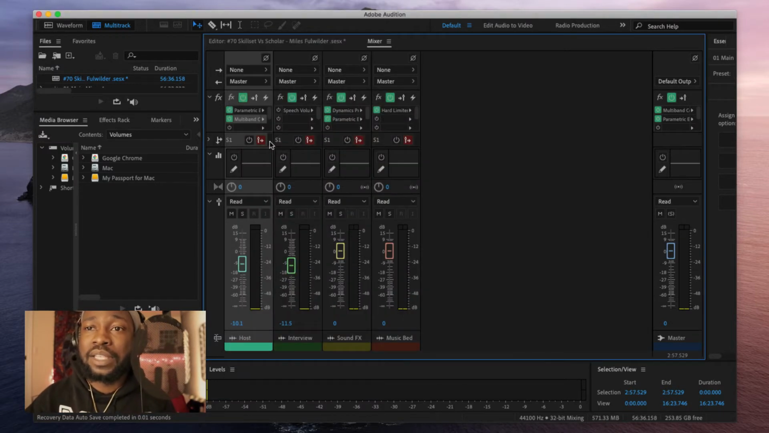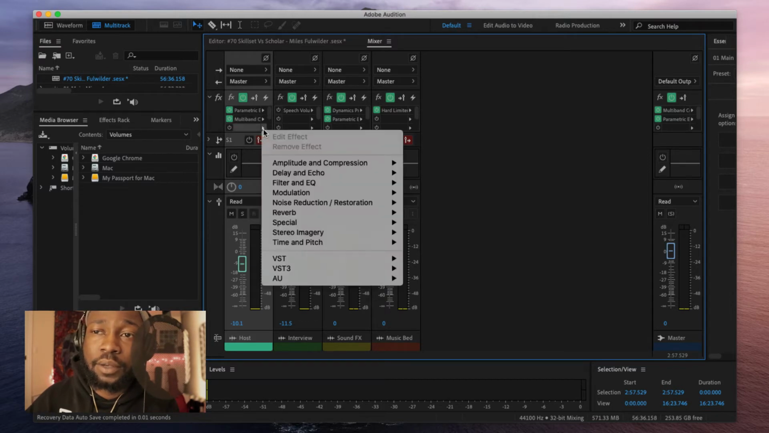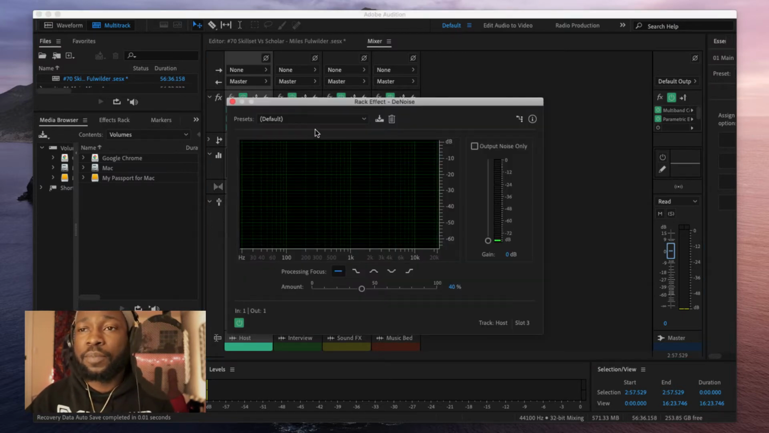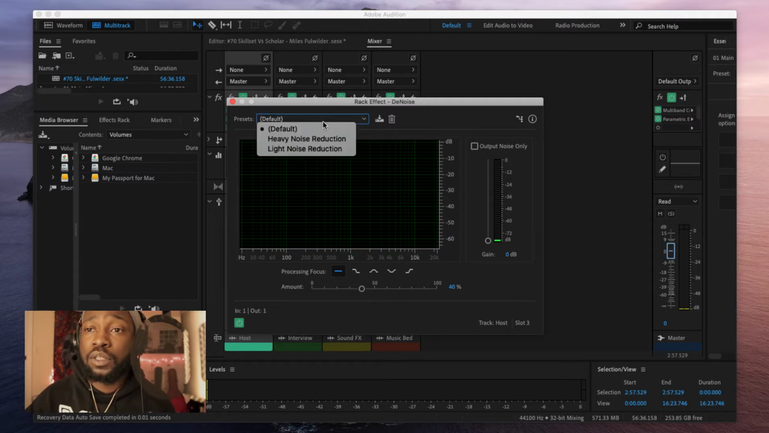All right, the next thing that I like to do is I like to put denoise on everything. Not everything, but definitely on podcasts, because I want it to be as clean and as clear as possible. So now we're going to use denoise. Now I like to use light denoise. If you've got a lot of noise in your tracks, you may have some other things you need to do,